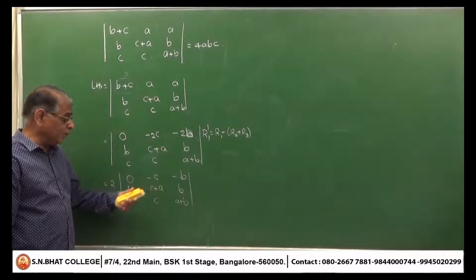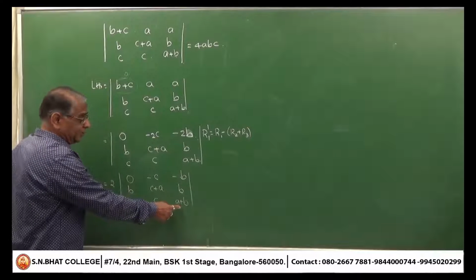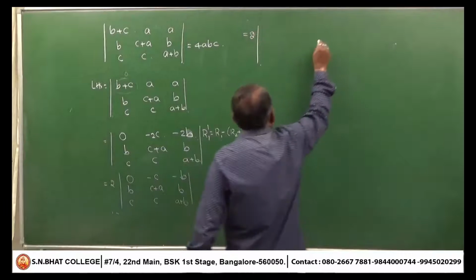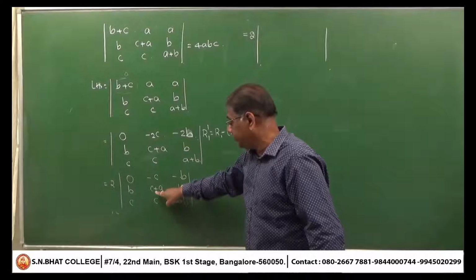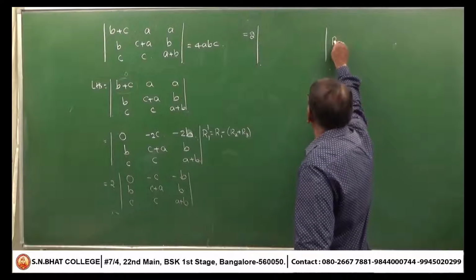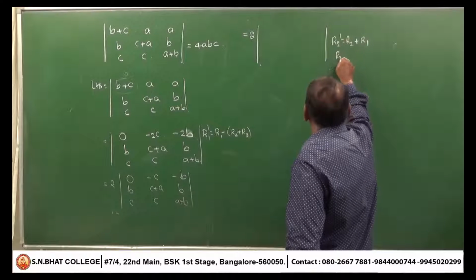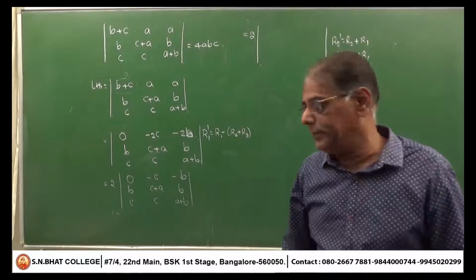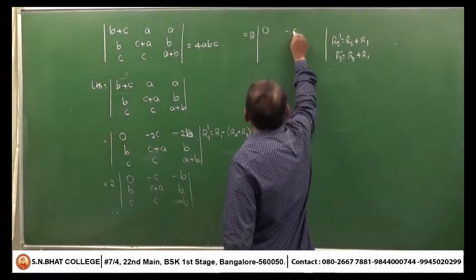After adding any 2 rows, the 2 terms become single term. First I will make this element to be single term. Therefore 2 times determinant of. I have to make this element to be single term, which means R2 dash is R2 plus R1, R3 dash is R3 plus R1. To make 2 terms to be single element, I am changing only R2 and R3, right? First row as it is.